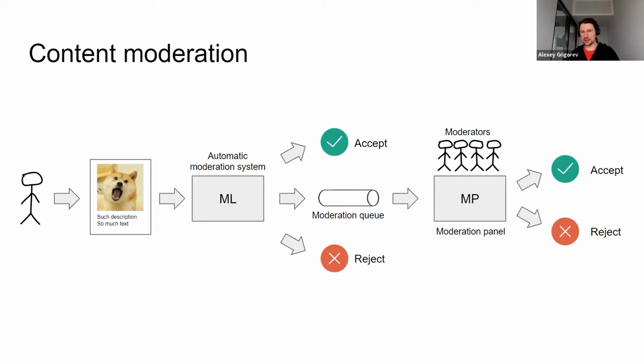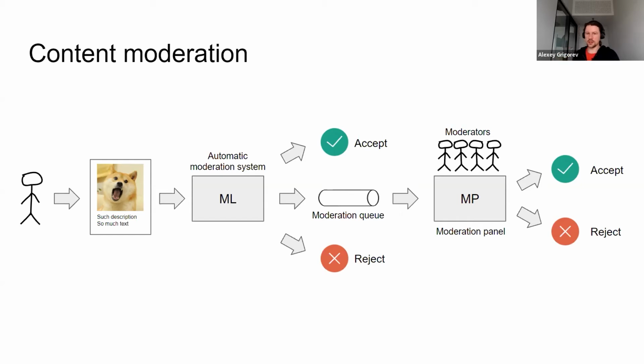system, which contains machine learning, happens before moderators. So the goal here is not to replace moderators, but to help them be more effective. They only consider cases when it's not clear which decision should be taken, right? So it's not completely replacing humans, but more like augmenting humans and making their work less boring. So the goal of the automatic moderation system is to pre-moderate as many listings as possible, only leaving tricky